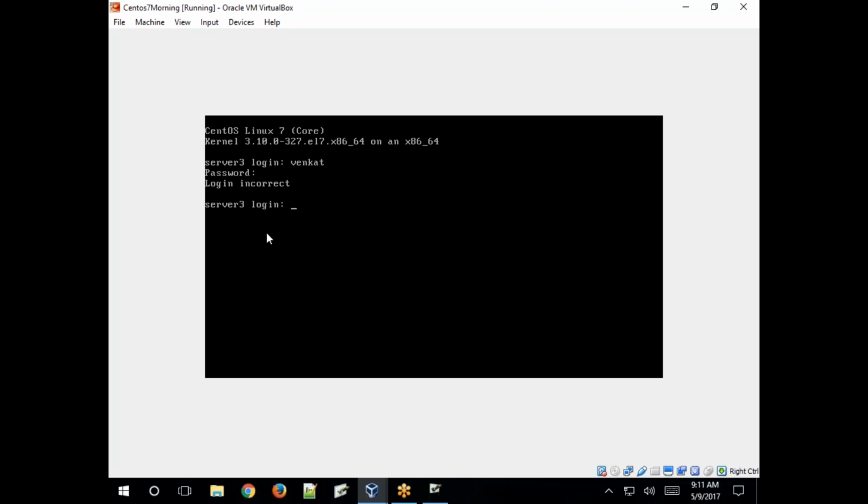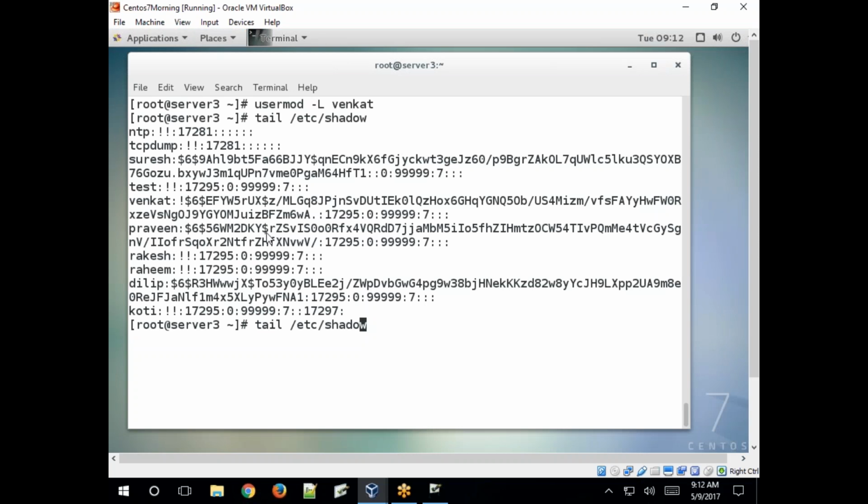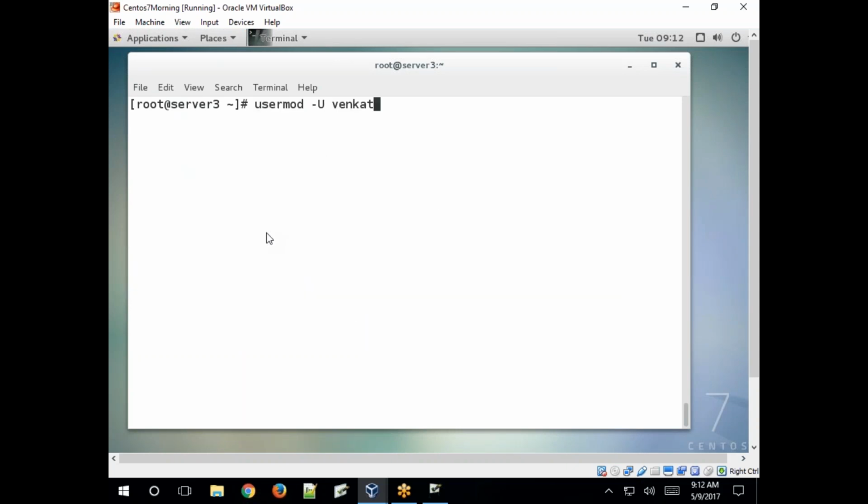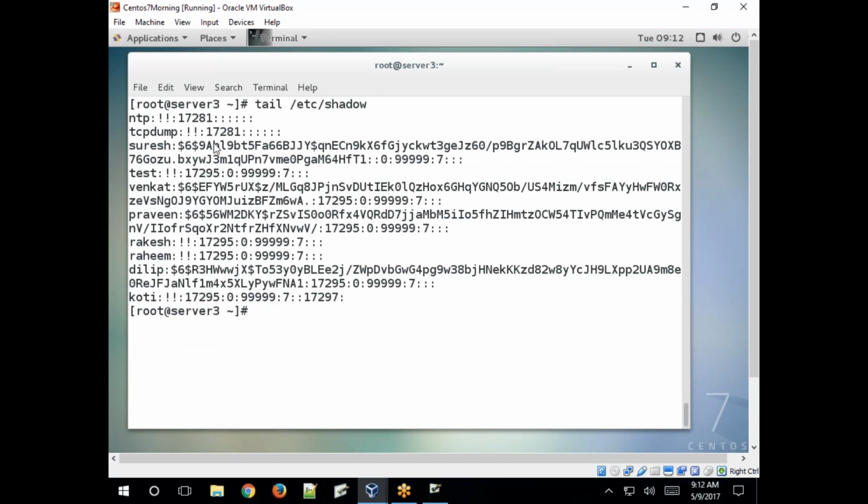Okay, so to unlock the user account, usermod space hyphen capital U, then the username. Now check. See, unlocked, right? The bang symbol, meaning the exclamation mark, is removed.